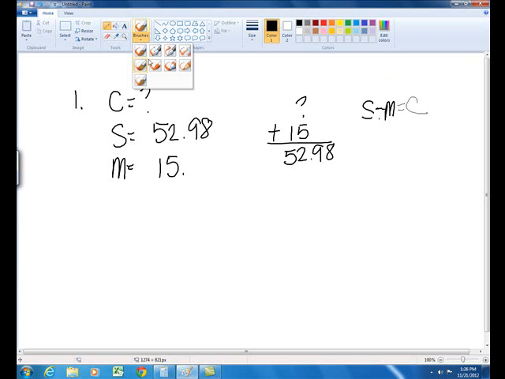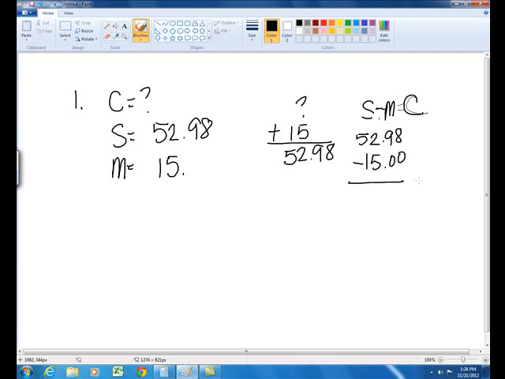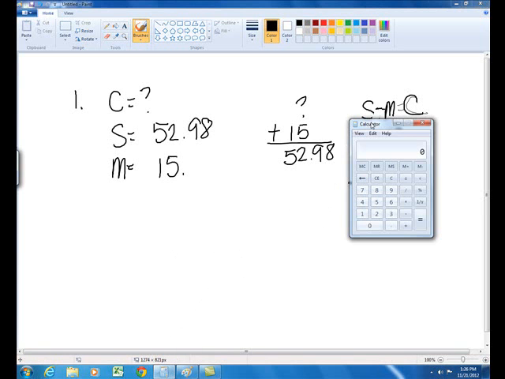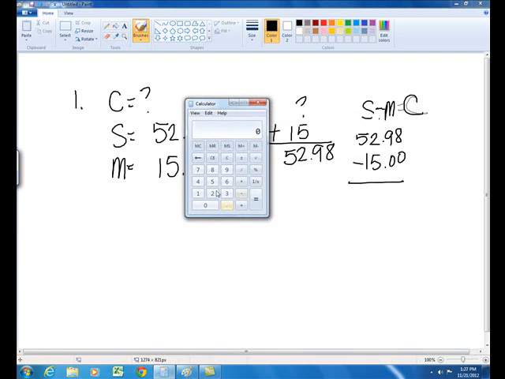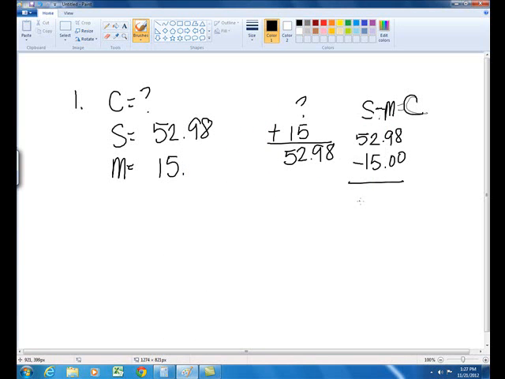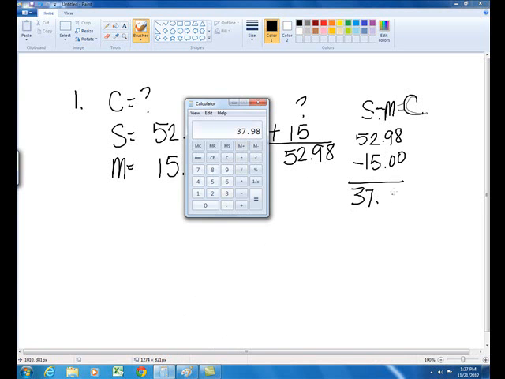It's going to give me my cost. So if my selling price is $52.98, that's how much I'm selling it for. If I subtract out how much I make each time I sell it, then that's going to tell me how much I actually have to pay for each one. So $52.98, subtract out my $15, and that tells me that I have to pay $37.98